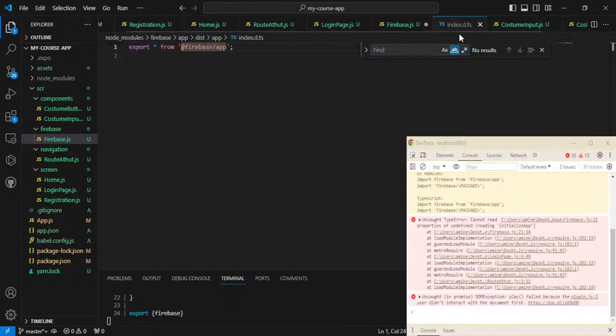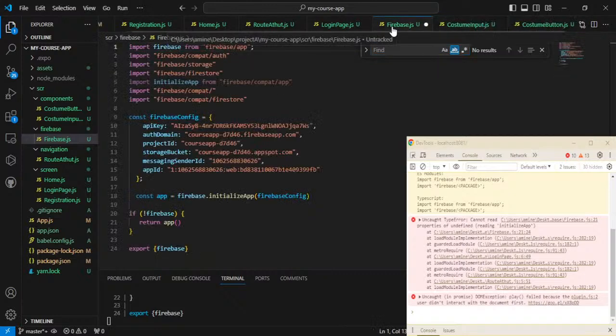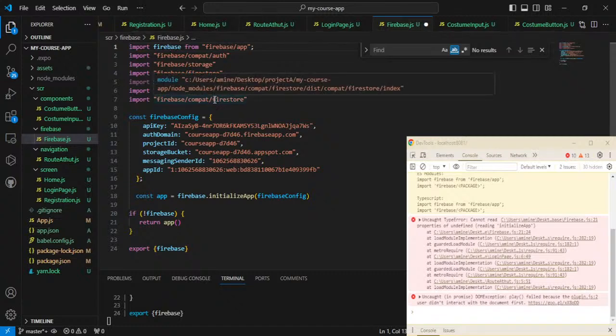This is the TS logo. So with component slash